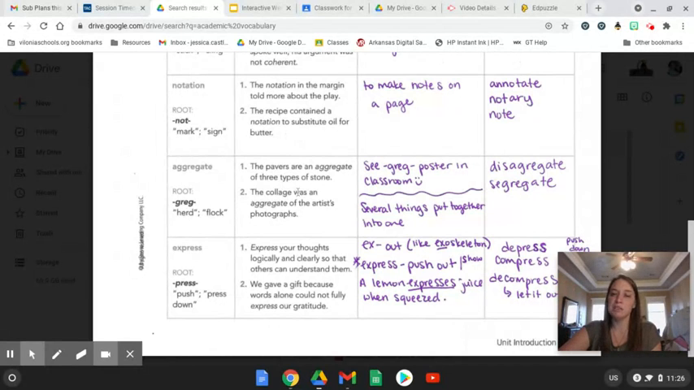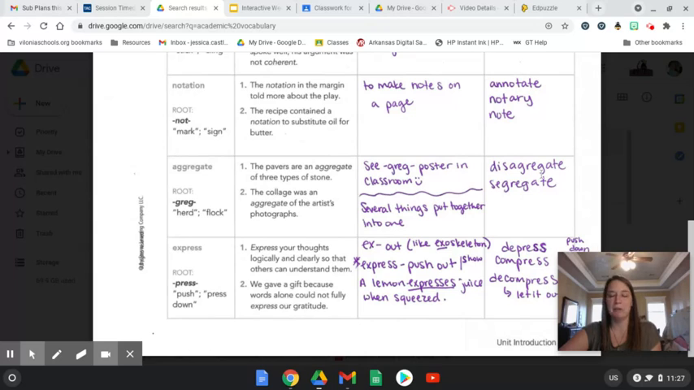The collage was an aggregate of the artist's photographs. Okay. So here again, if I'm thinking that an aggregate is different things put together into one, that's kind of what a collage is. And so again, we have several photographs put together into one piece. And so I think my predicted meaning is probably pretty good. So other words that I thought of with that root, we have